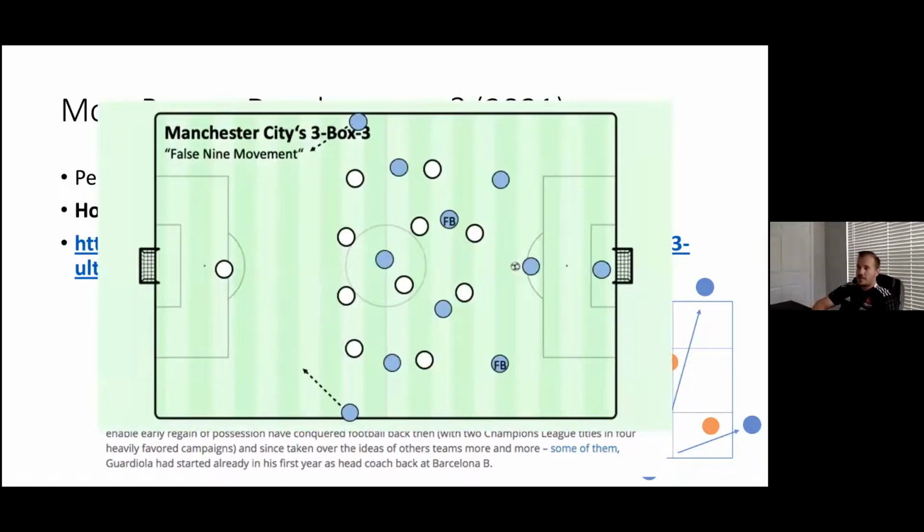So just as an example, what they looked like was simply one fullback would stay deeper, one would come into the middle. So they formed like a 3-2 in the first 2 lines. And then their wingers would stay high and wide, and their attacking midfielders would stay in their positions, but they would play with a false 9. So this would sometimes be Kevin De Bruyne, sometimes Bernardo Silva, sometimes Gabriel Jesus. Aguero played a little bit less.